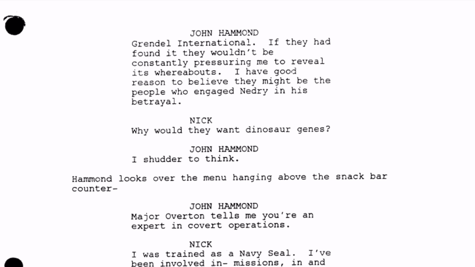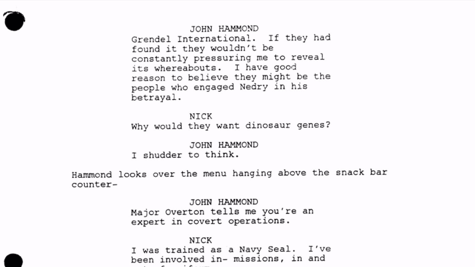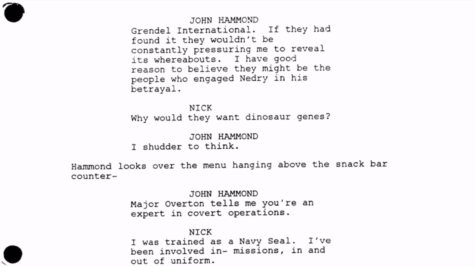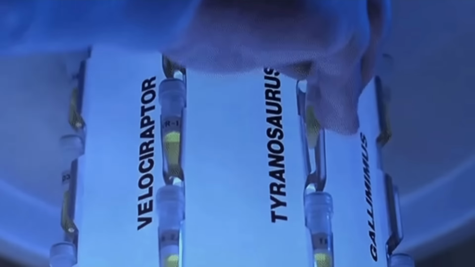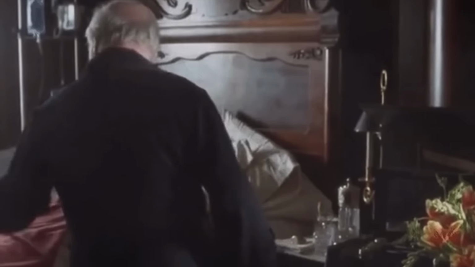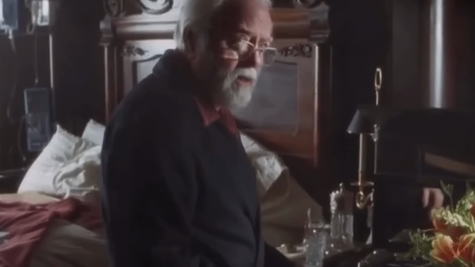A rival company of engineers, this time called the Grendel Corporation, had taken over the island and were using it as a sort of messed up base of operations. John Hammond believes these people to be the same guys who contracted Nedry to steal the embryos in the first movie. Speaking of which, Nick Harris's job was to actually make his way onto Isla Nublar, find the Barbasol can that Nedry had left behind, and then make his way back to John so that Hammond could clone new animals with whatever genetic material may be salvageable from the can.